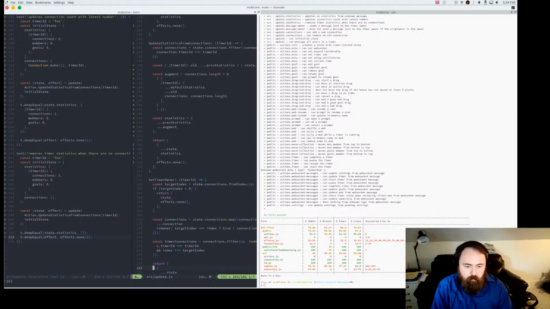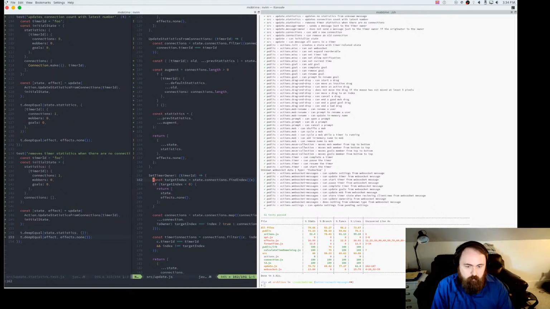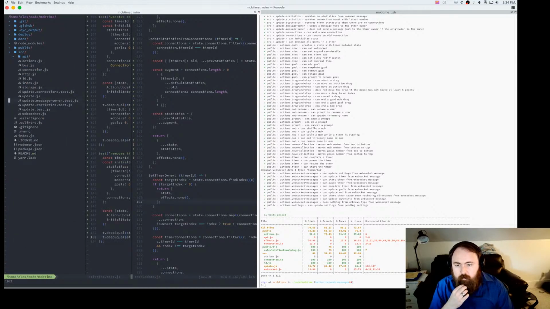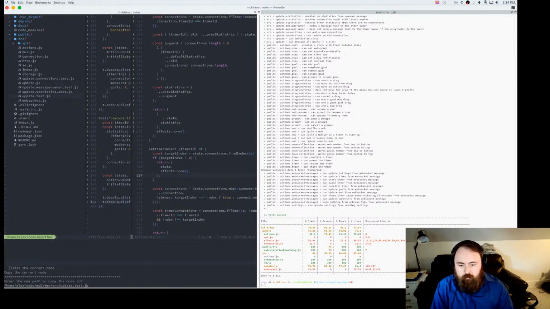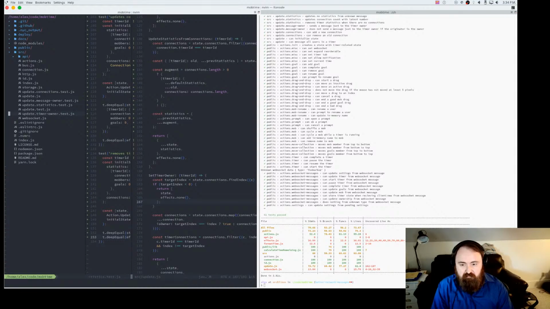So set timer owner, which we don't have a test for, so I'm gonna copy maybe the default test here, just so I can be a little lazy. So we'll call this timer owner test.js.